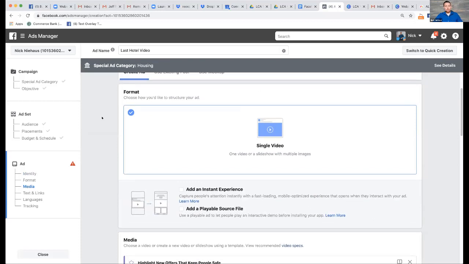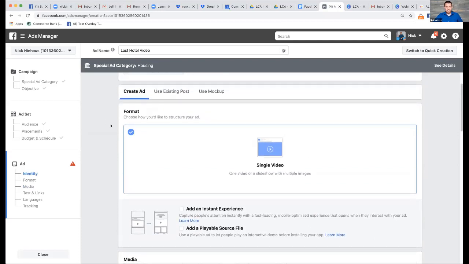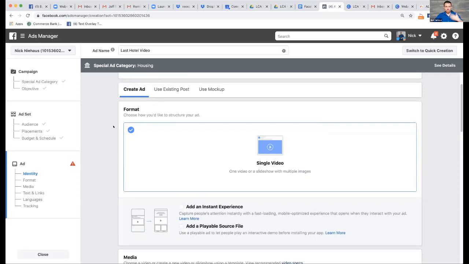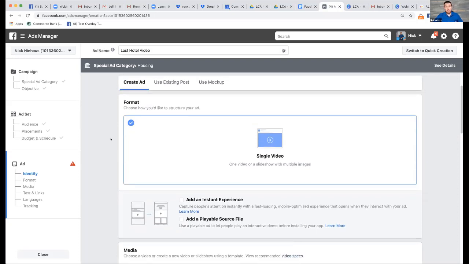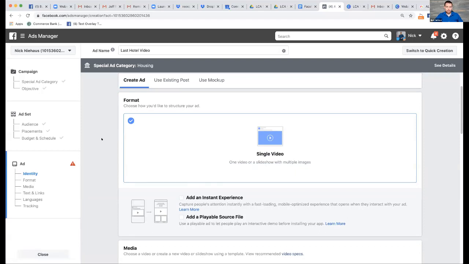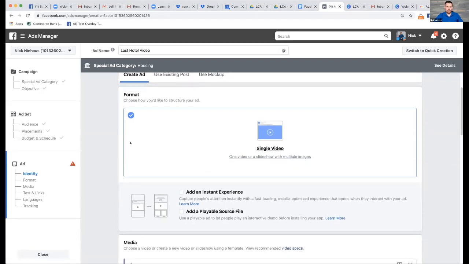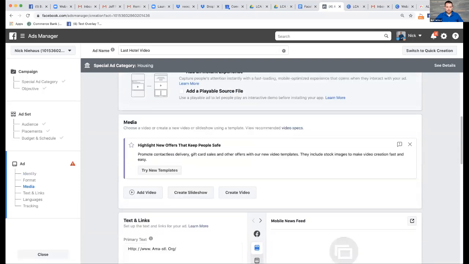And again, I know some of you are probably going, wow, we're moving really fast right now. I understand that. This is just kind of a quick overview, but this is all the steps you need to take. So if you were to go back and watch this a couple times and use it as a template to set an ad up, it would work and it would run, right? So what we're going to do is we're going to come down to create ad. We have the single video format, which is the default because we told it video views in the first place. So it's not letting me set up any other kinds of ad. It's just giving me just the single video option. And so we come down here to where it says media, and this is where we add the video.